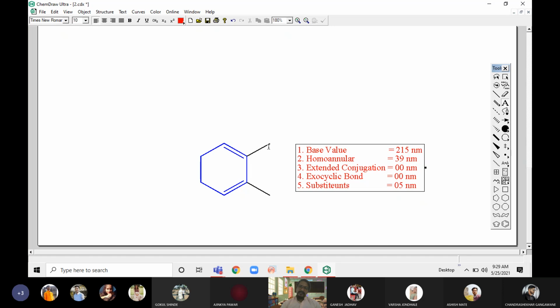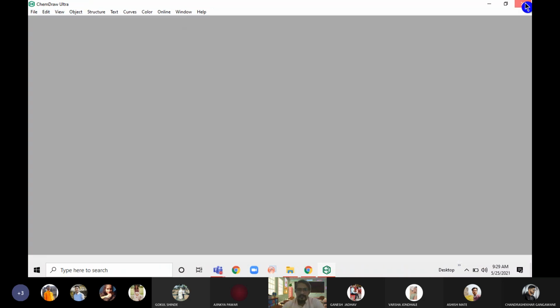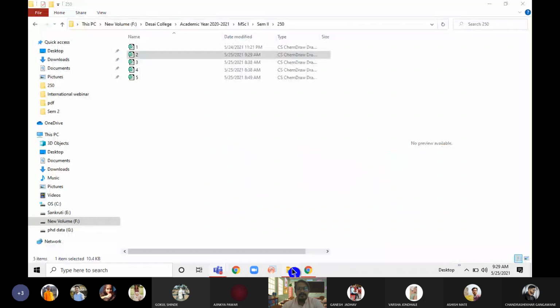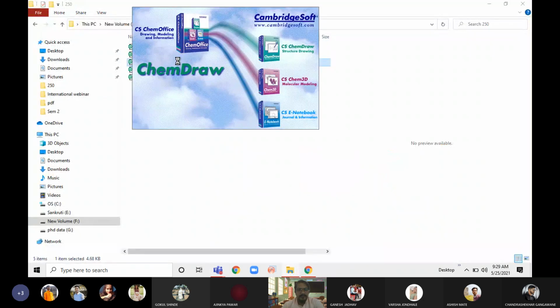Okay. This is a second. This will be a third and fourth. So total there are four substituents now. So you have to add how much? 20. 20 nanometer. Okay, so this is the second example. I'll just save it and delete it. Okay. I think so far you will be able to solve so many problems. Now next